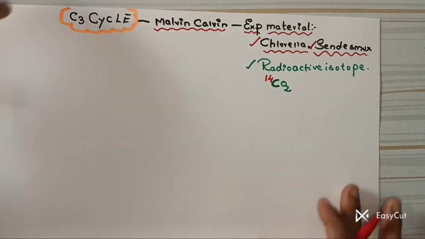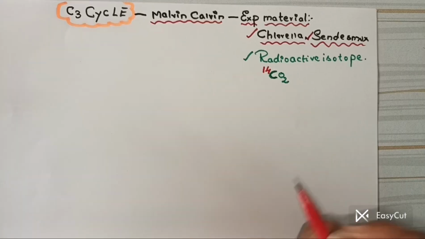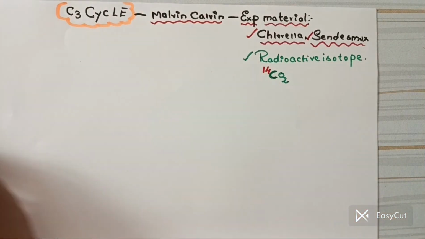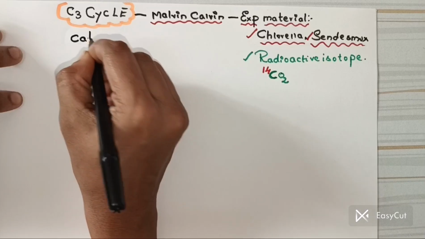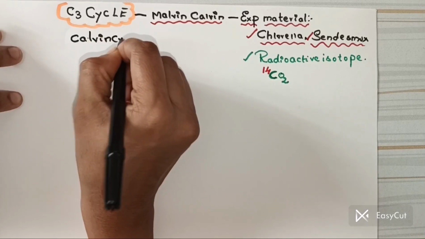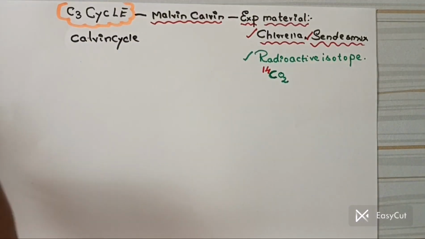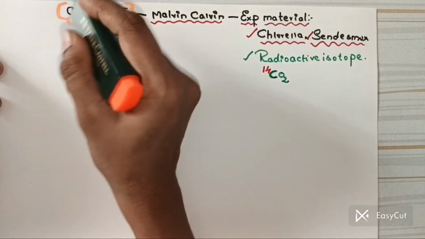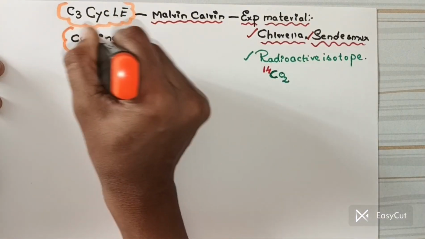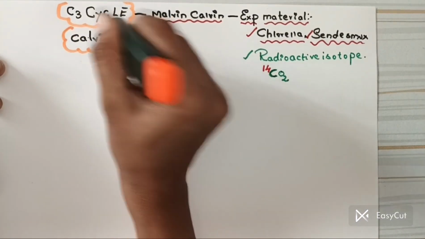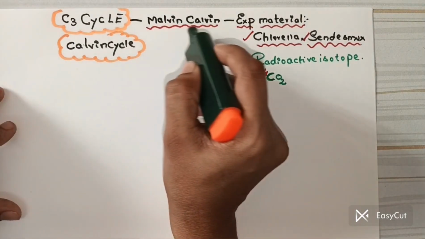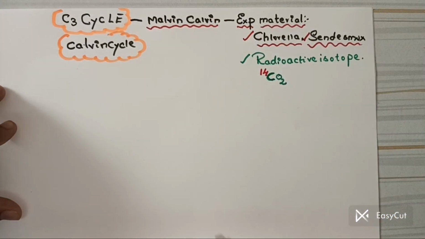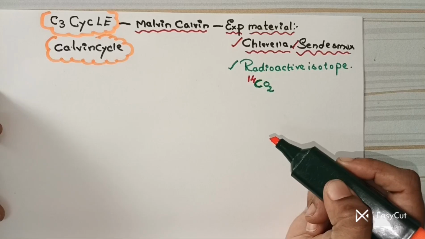So let's start. The C3 cycle is also called the Calvin cycle. Why is it called the Calvin cycle? I'm going to include all the MCQs, so why worry? It is called the Calvin cycle because it was first explained by Melvin Calvin, by taking the experimental material